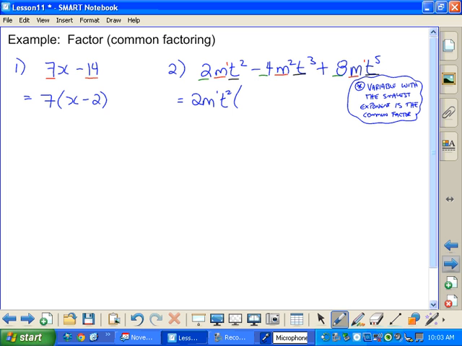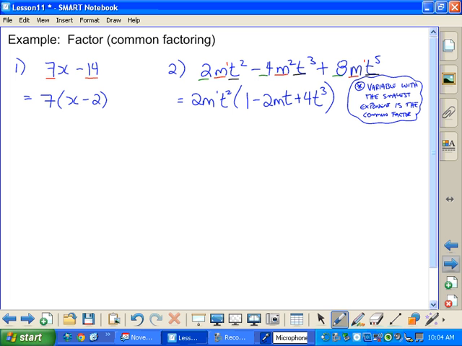So we end up with the 2 divided by 2 is a 1. Take out an m, take out a t squared. So we took out that whole first term, so we're left with a 1. 4 divided by 2 is 2. I take 1 away from the m squared, leaves me with an m. I take 2 away from the t cubed, I'm left with a t. 8 divided by 2 is a 4. I took out the m, and I'm going to take 2 t's away from there, so I'm left with 4t